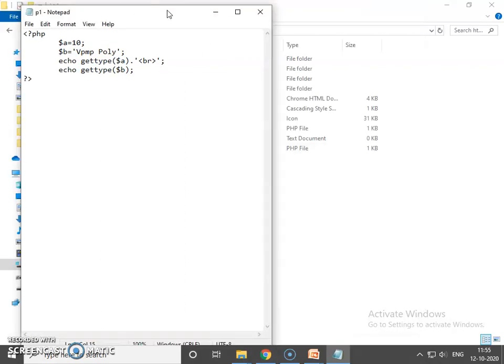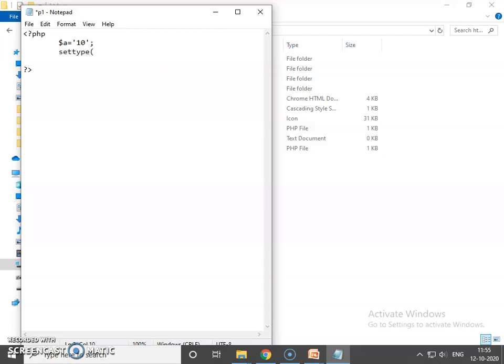Now example number 2. Use of the settype function. Suppose I have one variable $a, but instead of integer it is string type of data. Now I am going to change the data type of $a. For that we have to use the settype function.